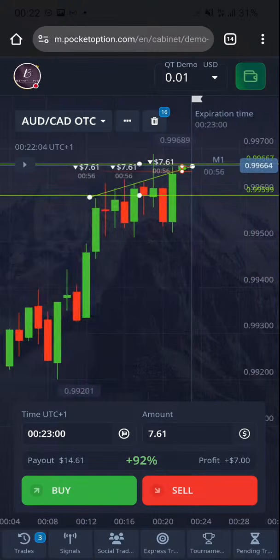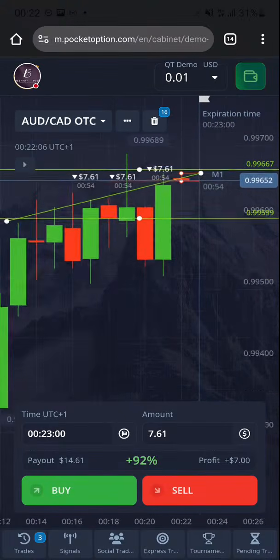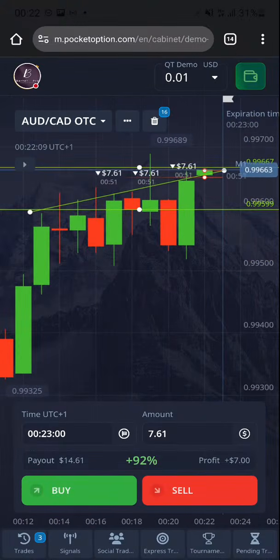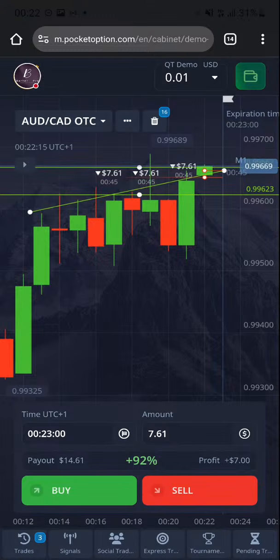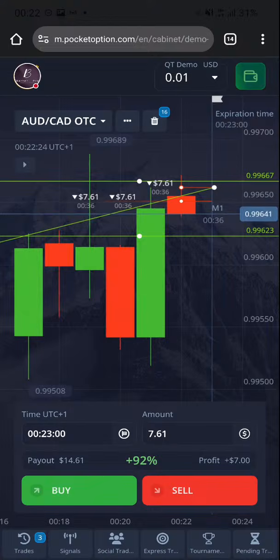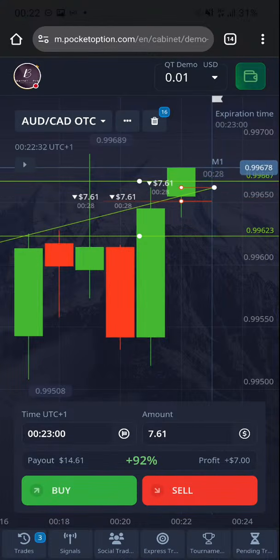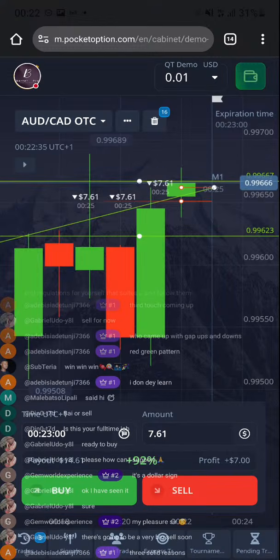Let's take one more because now we have a red green pattern. Look at this. We have a doji break because this is a doji. We have a red green pattern, so we have red green, red green, red green, red green. We're expecting a red. You can see now, and we have a gap up in the favor of the sellers. So every reason points that we should have sellers in the market right now.